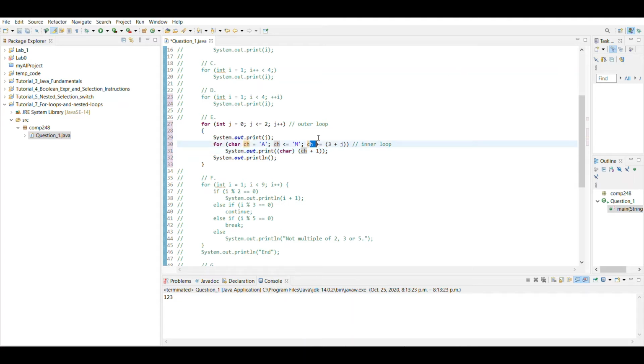We just increase CH by 3. So MNO P is going to be P. P doesn't make the condition true, so we terminate the inner loop here, and we print out a new line. So we go ahead and just press enter for a new line, and then we